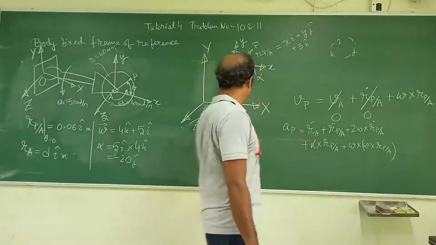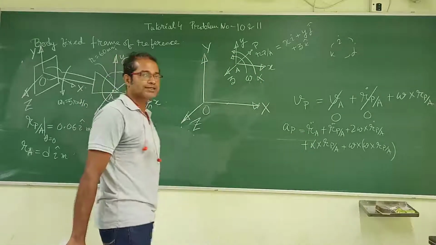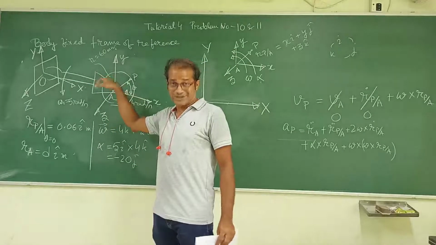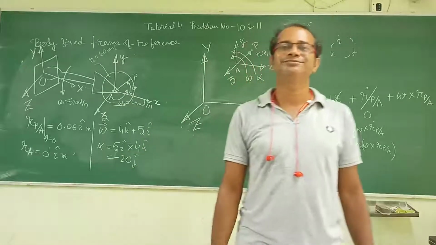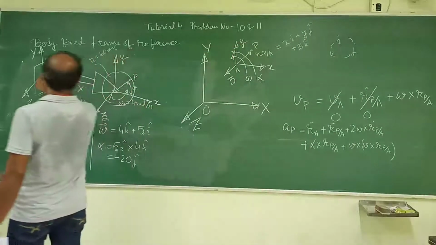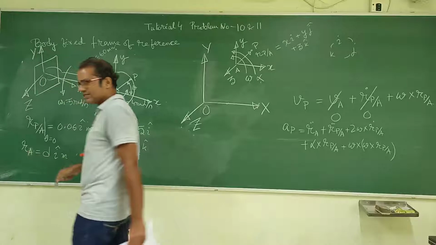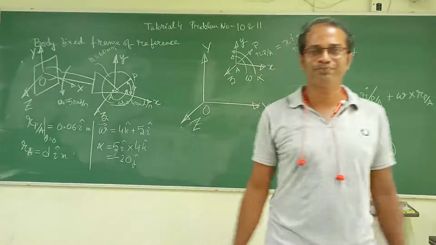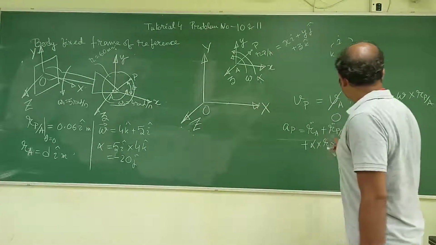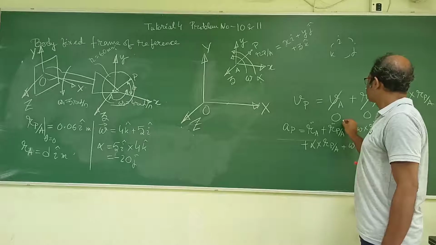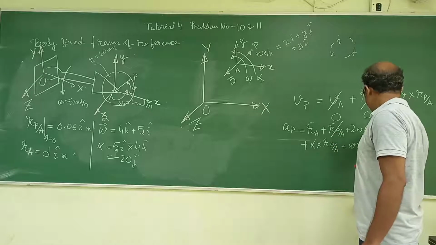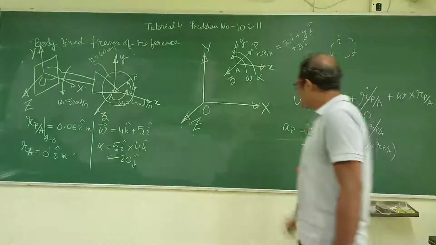In this case RA will have only the centripetal acceleration because this RA is not going to change, right? But is it going to be centripetal acceleration? Even if it is there, just think from this point to this point, how is it going to change? Is it changing at all? No. Let's check. Over there many terms are 0. First one is rigid, so this is going to be 0. Rigid, so this is going to be 0.